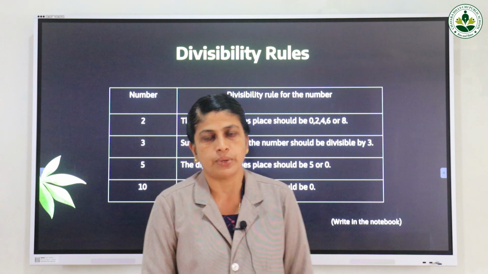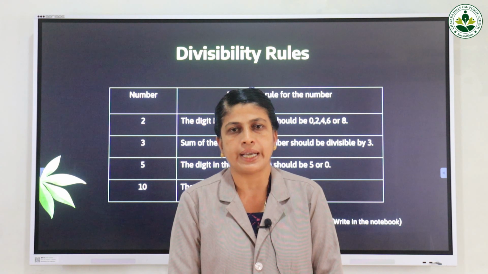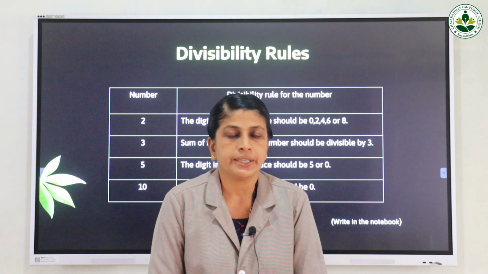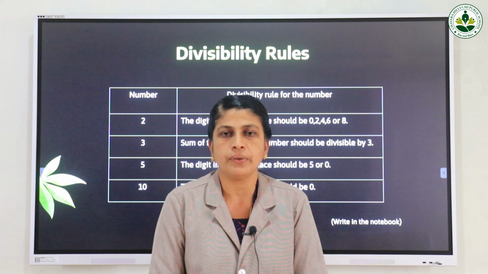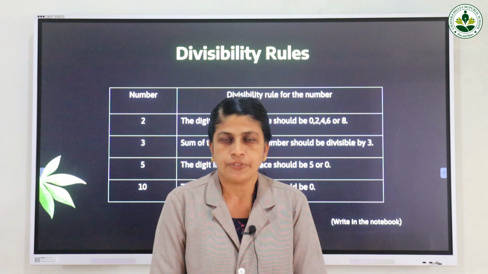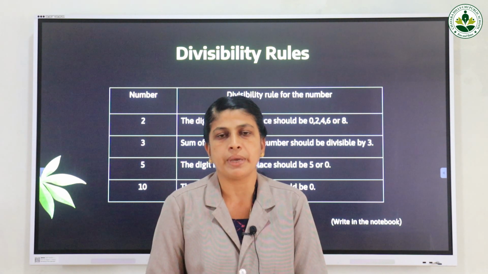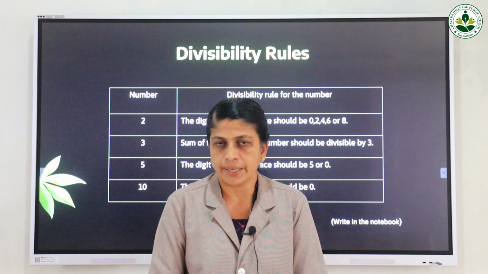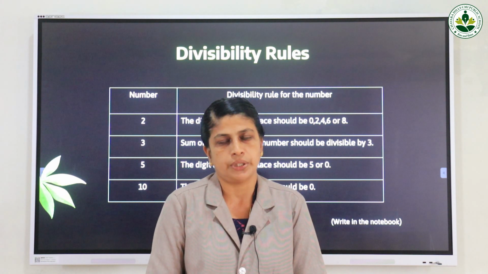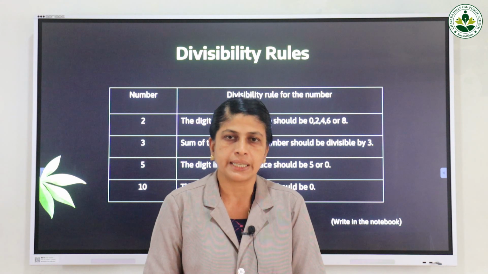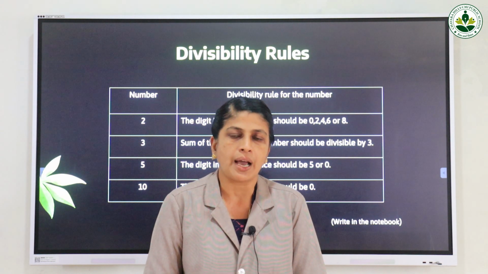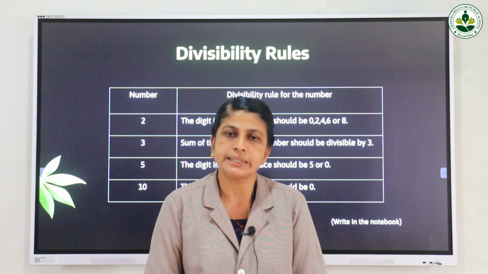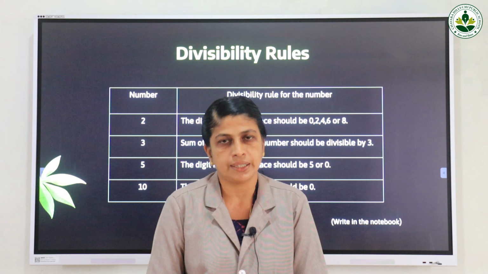Then the next divisibility rule: how can we check whether a number is divisible by 3? To find that, you add the digits in that number. If the sum of the digits is a multiple of 3, then that number is divisible by 3. The sentence is a little long, but there is no need for confusion. To check whether a number is divisible by 3, you first add the digits in the number. Then if that sum is a multiple of 3,